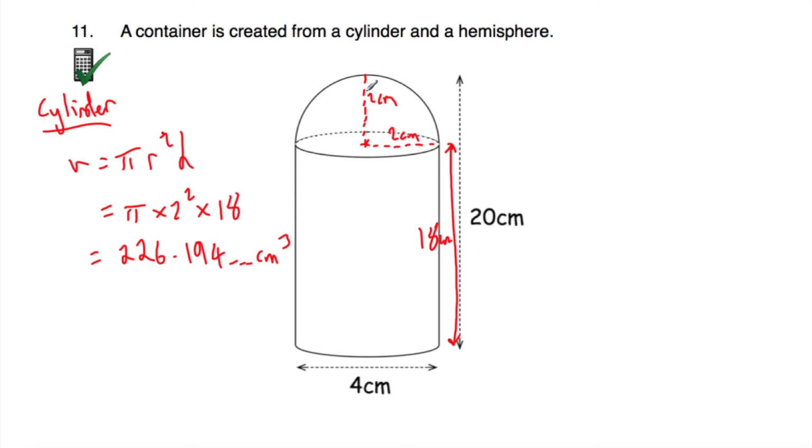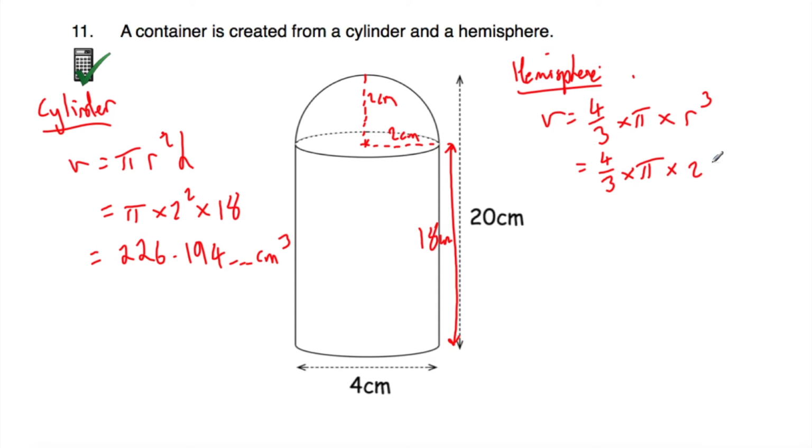Now let's find the volume of the hemisphere. So in terms of the hemisphere, what I'm going to do is I'm going to find the volume of the whole sphere, and then I'm going to divide by 2. So the volume of a sphere is 4/3 multiplied by pi multiplied by the radius cubed. Now the radius of the whole sphere would be 2 centimeters, from the center to the edge, so that's going to be 4/3 multiplied by pi multiplied by 2 cubed. So we now just need to work this out. So we're going to work out on our calculator 4/3 multiplied by pi multiplied by 2 cubed, and that's equal to 32/3 pi, or